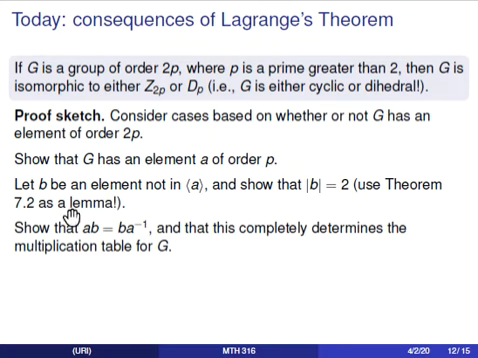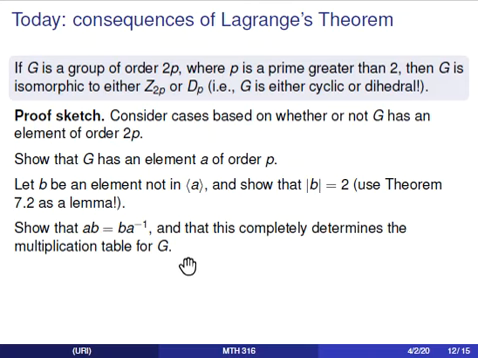Let me say that again. This element A and this element B satisfy this relationship: A times B, in this order, gives you the same thing as B times A inverse. Now, what's interesting about this equation is that this allows you to completely fill out the multiplication table, the Cayley